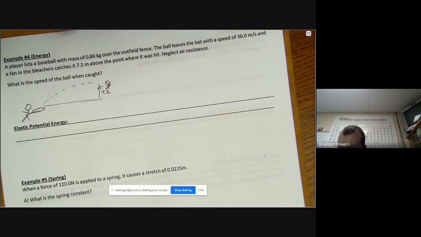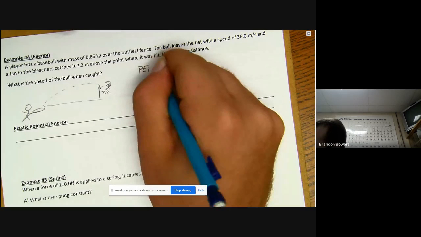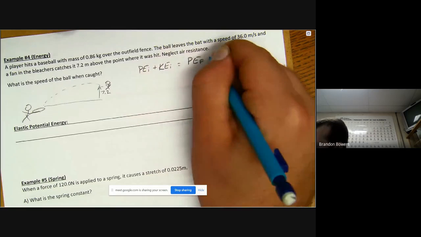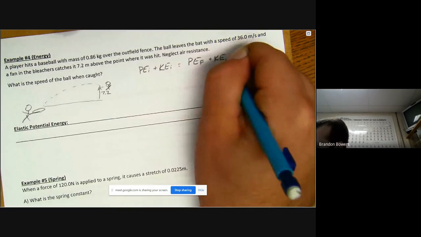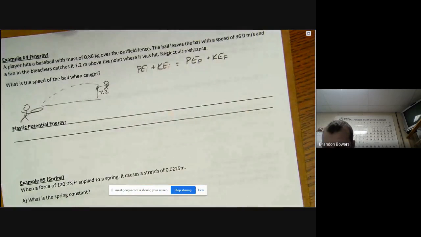So we have to take into effect that the mechanical energy initial is equal to the mechanical energy final. So PE initial plus KE initial is equal to PE final plus KE final. Okay, so what's my equation for potential energy? Mass times gravity times height. All right, mass times gravity times height, so potential energy. So my mass,